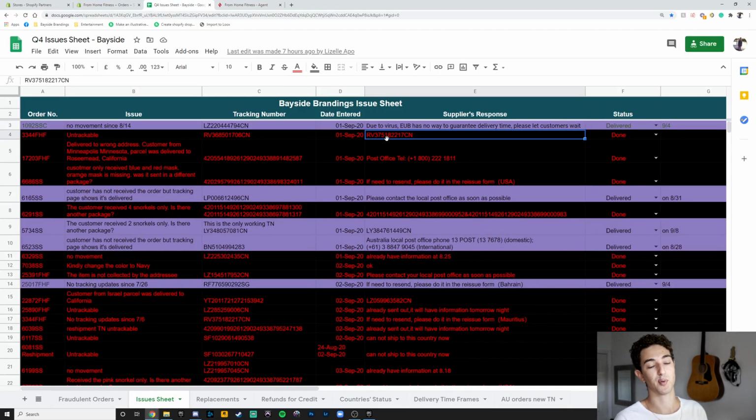And also it gives proof that the supplier is taking care of our stores or of our orders. So this issue sheet is very, very important. And this is just the issues tab. There's other tabs that I'm going to include with it that can let you keep